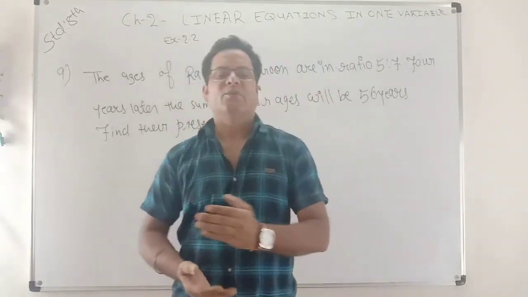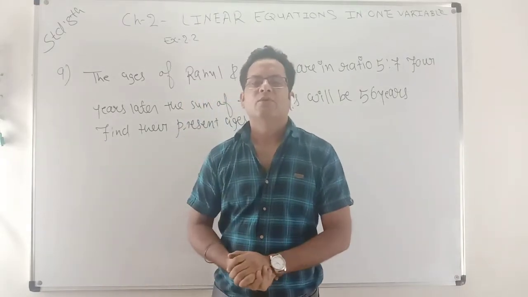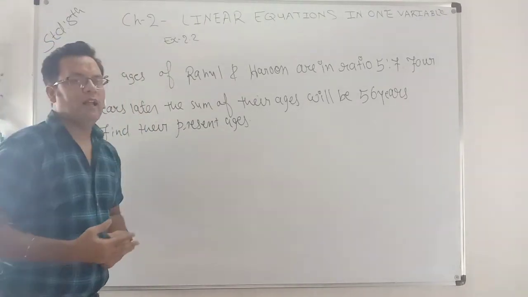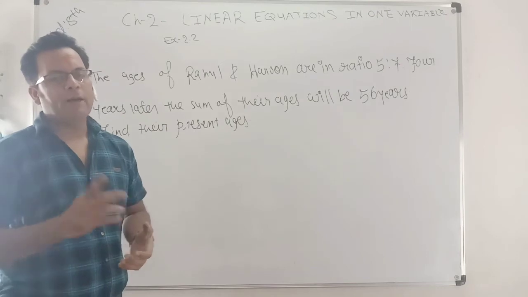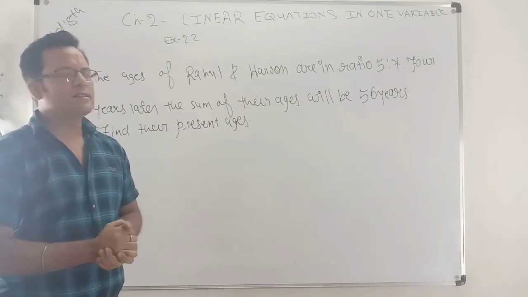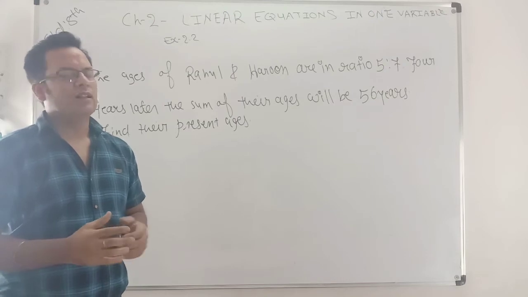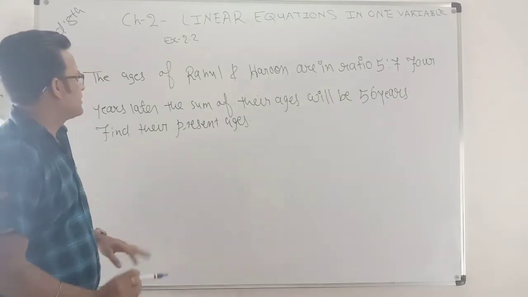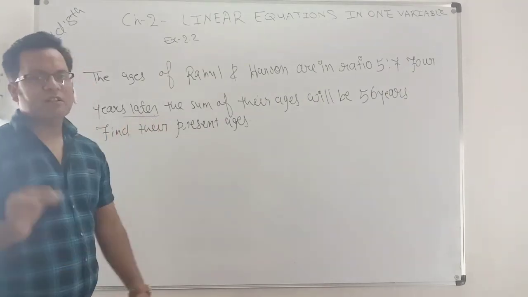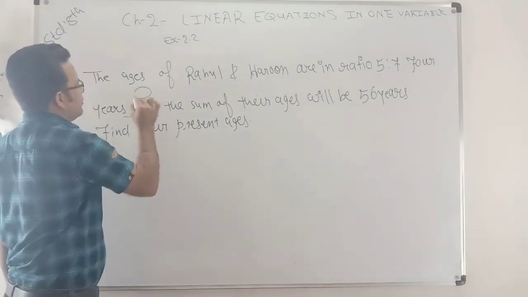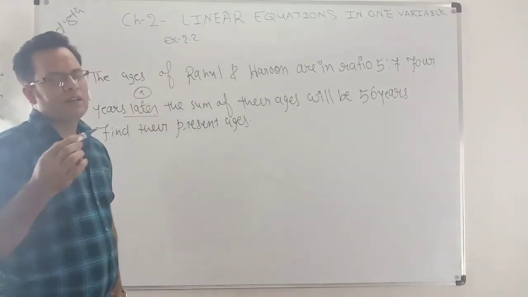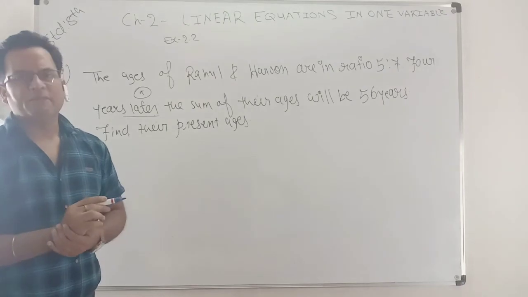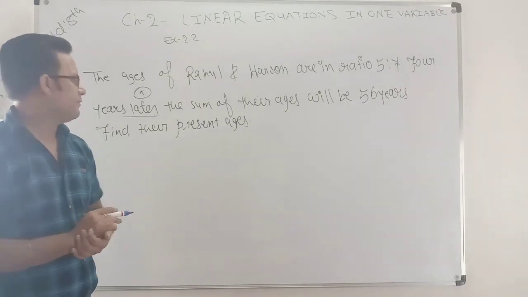And now students, sum number 9. The sums of ages, how to find this. First of all, we have to understand the question. You see the ages of Rahul and Arun are in the ratio 5 proportion 7. See, whenever the age is given in the ratio, you have to directly understand that becomes 5x and 7x. Now 4 years later, see later and after, whenever it comes in the problem sum, you have to make their plus. Okay, and if it is before, then you have to make minus. The sum of their ages will be 56. Means your RHS will be 56.